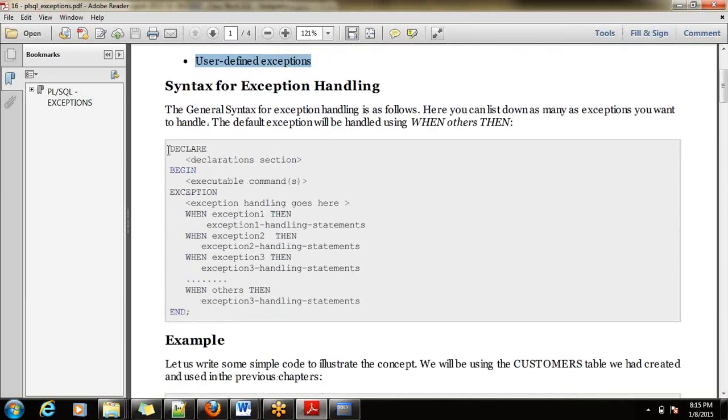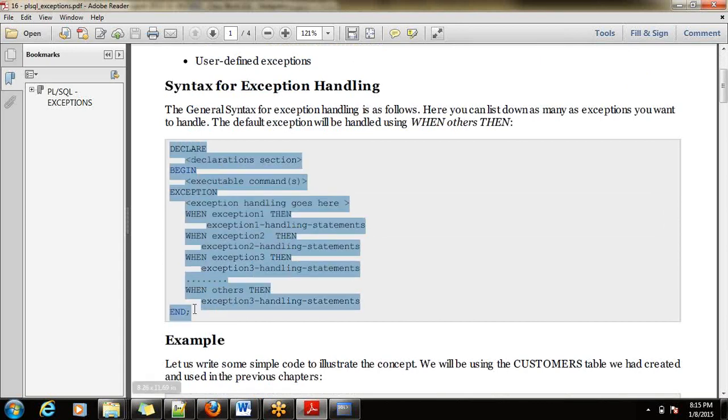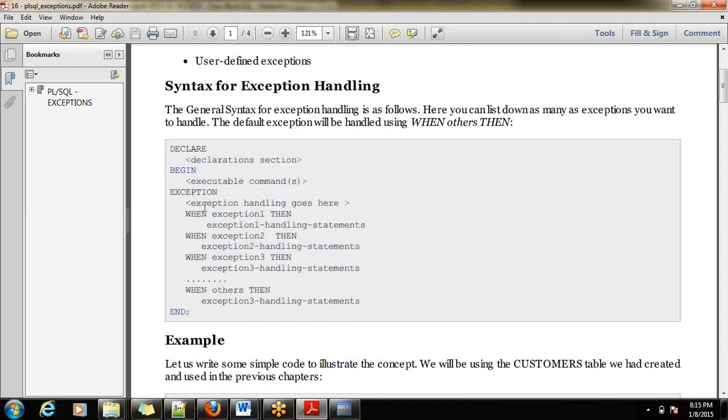And you can see the declaration where you are going to declare that exception in begin end. Declare begin end. Here we have an exception block. Look there, exception. You are going to mention the exception handling statements. When so and so exception occurs, then what to do?